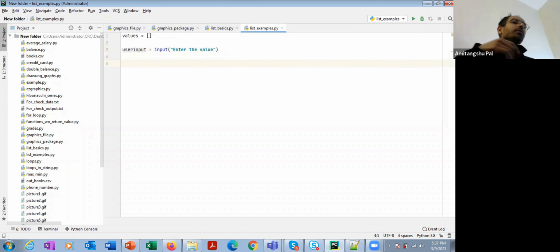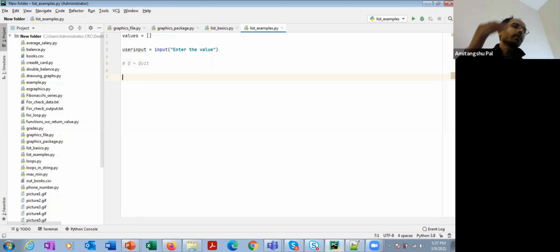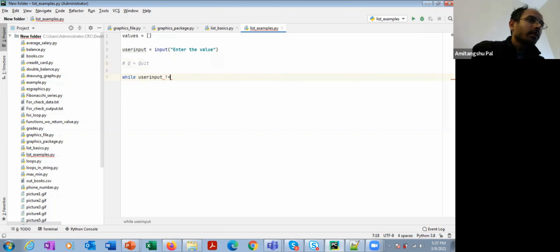Suppose it is going to ask the user to enter the values one after another, repeatedly, until the user enters some special character, say q. Whenever the user enters q, that means it is going to quit. Before that it will keep asking the user to enter the value, enter the value, enter the value. So that means while user input is not equal to q,